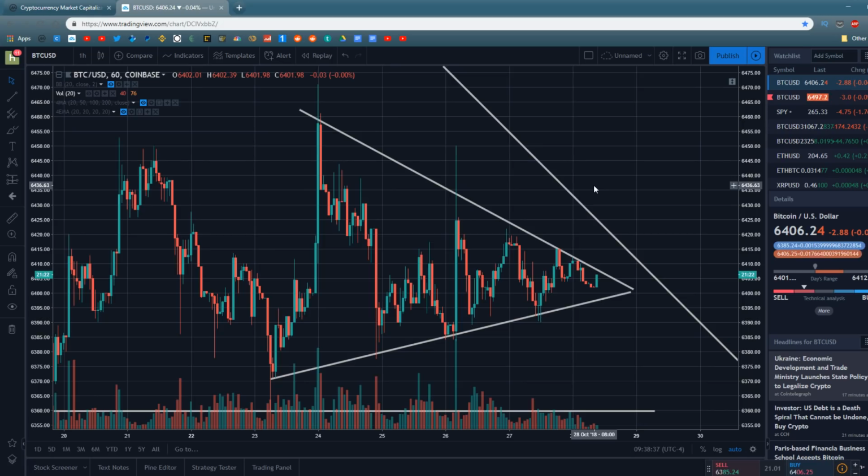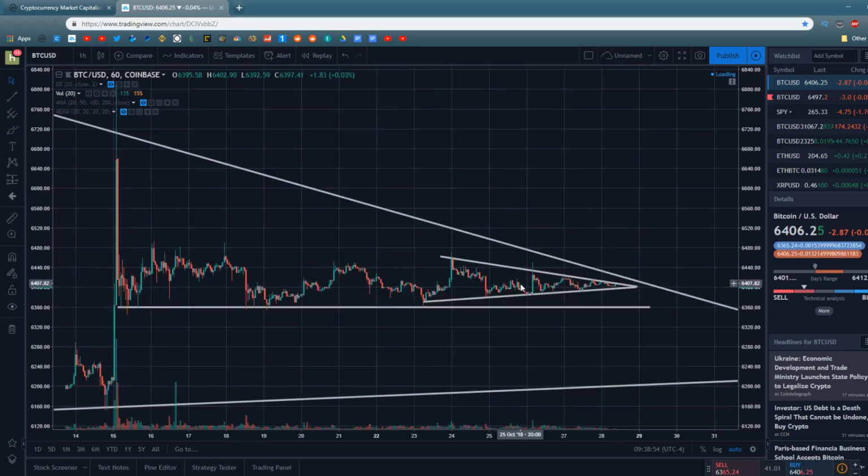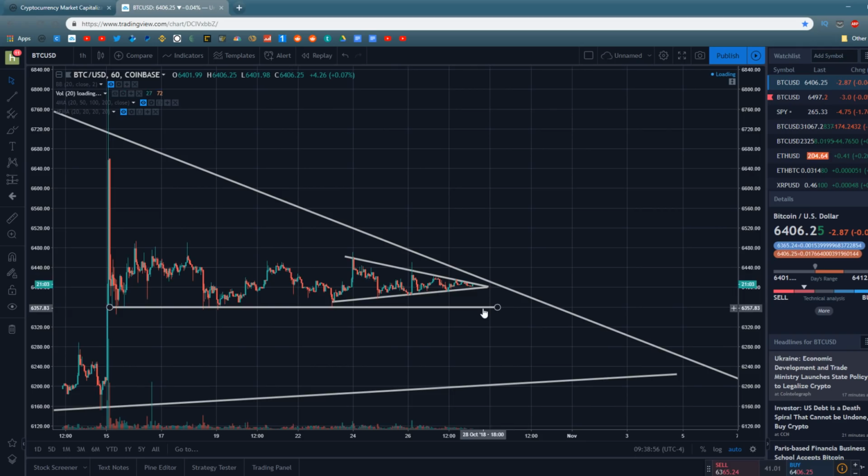And unlike the long-term descending triangle pattern, I think we probably are going to see a more major breakout of this. And by more major, I'm talking maybe $50 or so, because we're not looking at a very long-term triangle pattern. We're looking at a very small triangle pattern. I could easily see Bitcoin breaking up to something like that, up here around $6,500 or $6,450 or so. Or it could very well do the exact opposite and break down here and come down to this level of